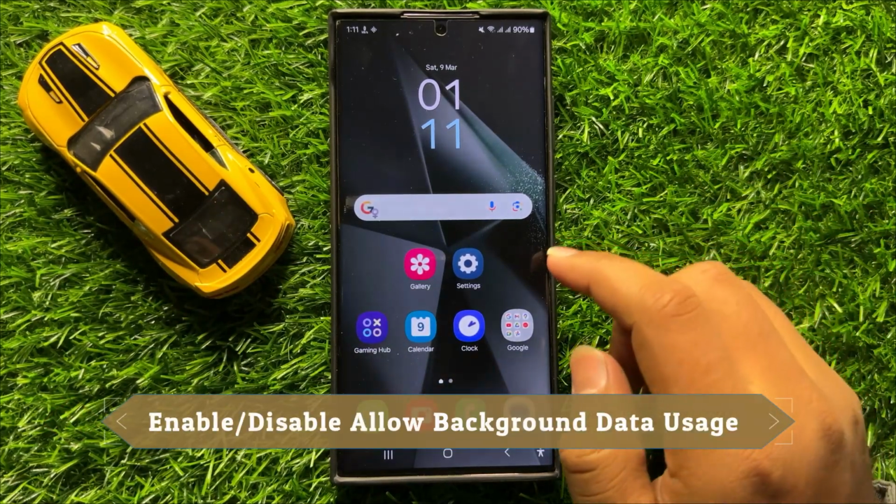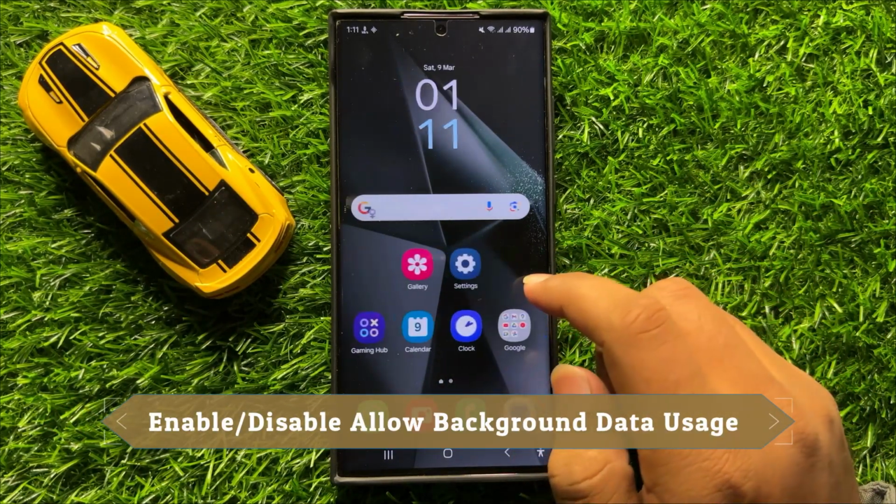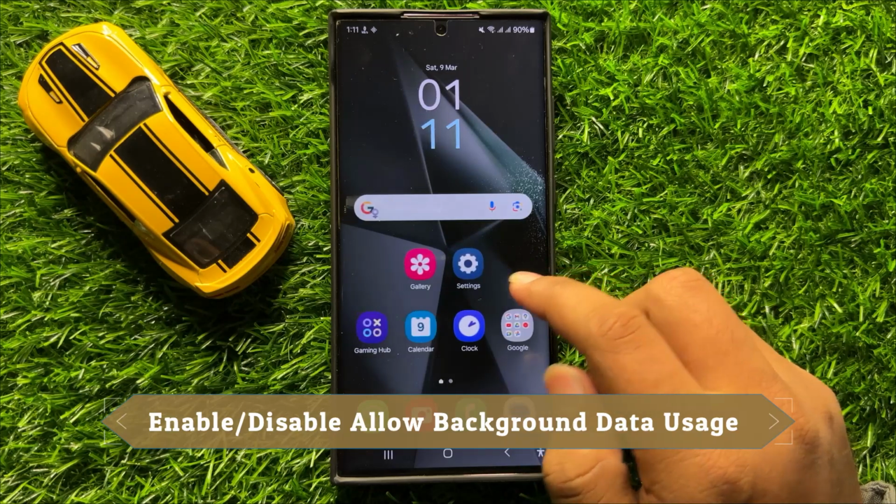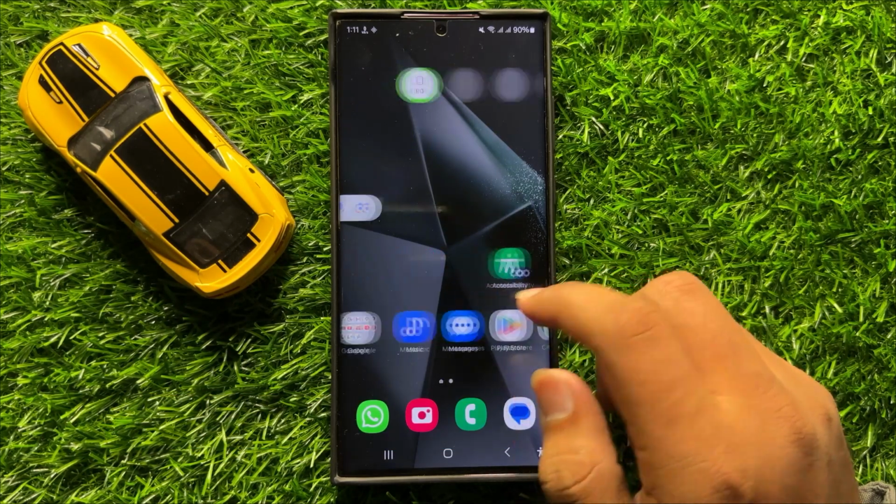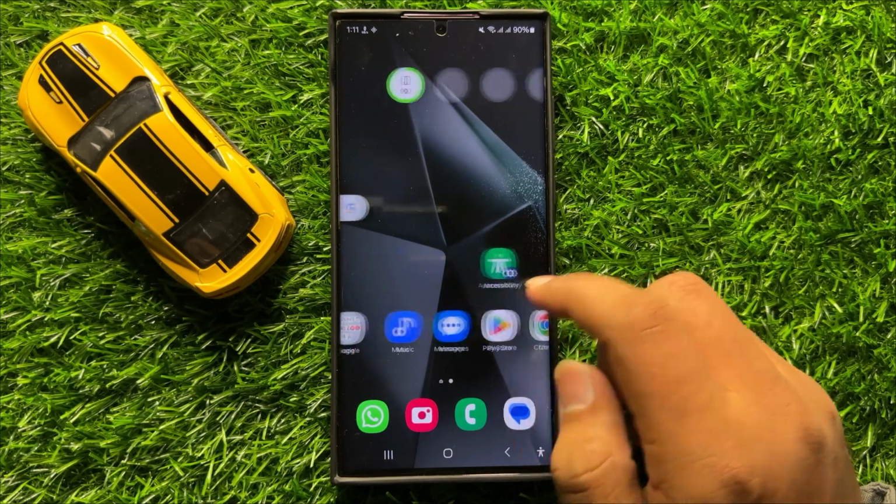Hello everyone, in this video I will show you how to enable or disable apps background data usage in Samsung